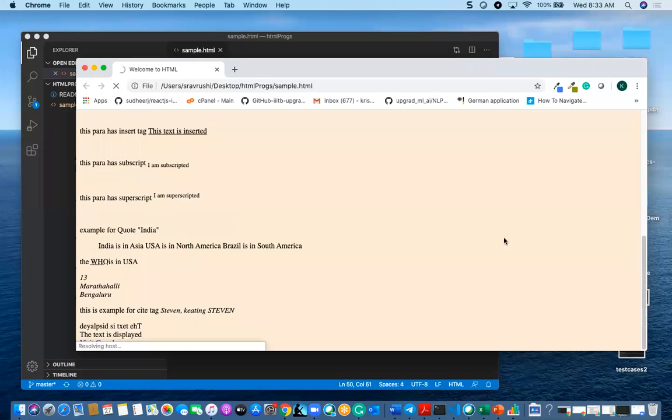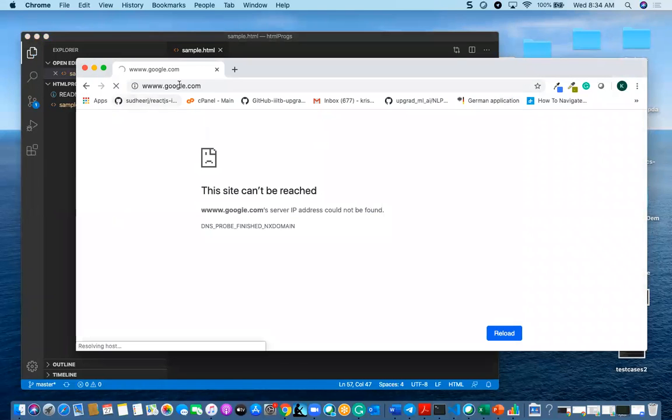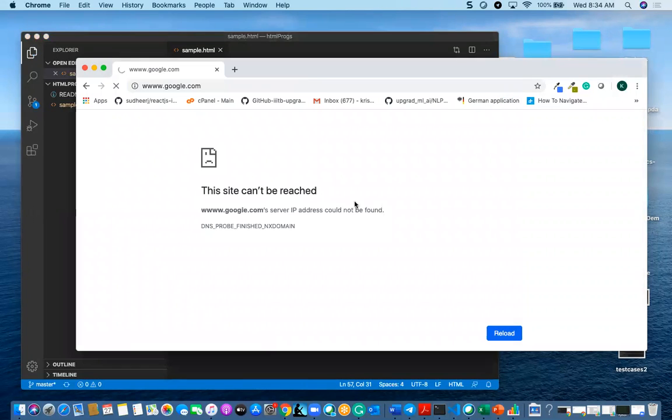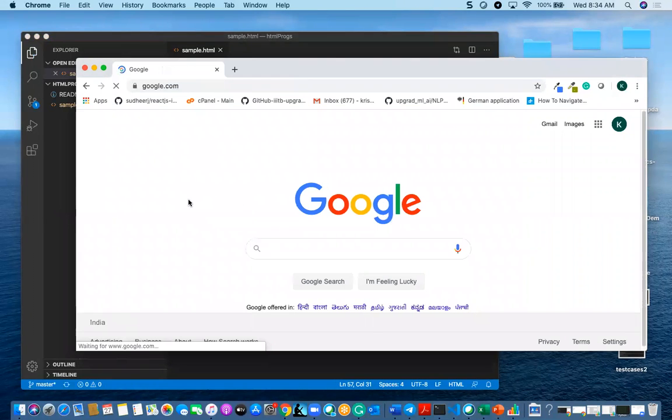Check one more time: HTTPS and colon, 2 forward slashes, and google.com. Okay, so 4 W's. Now you can find it.